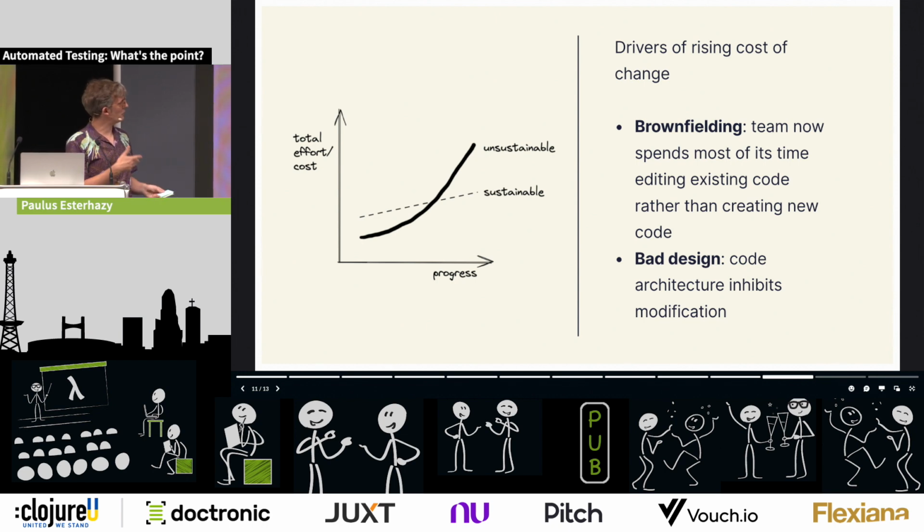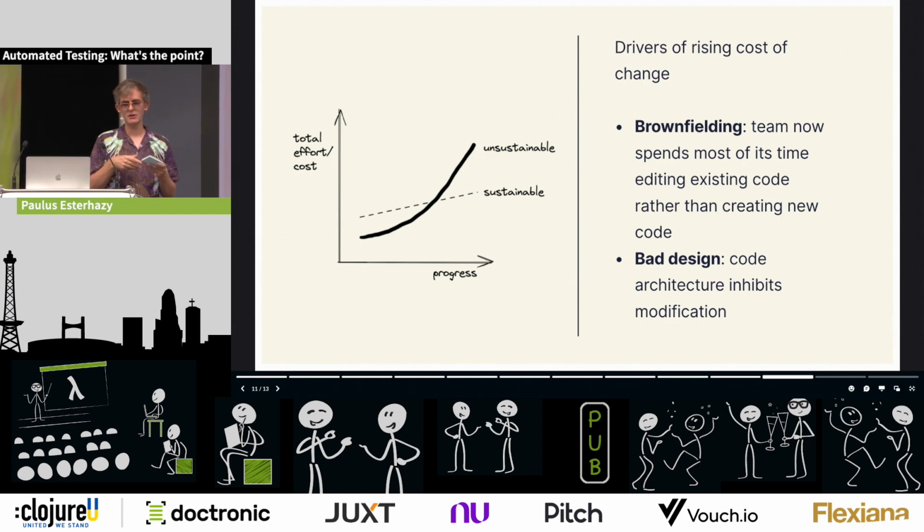So the only lever we have, the only thing we can do to improve things, to get this nice flat cost of change curve, is to improve the design of our software. And automated testing helps with that. Automated testing helps you avoid this big ball of mud architecture where everything depends on everything. And the reason is, I think in a nutshell, that you're forced to confront this reality of software design earlier on in the development process. You're forced to face these design problems during this